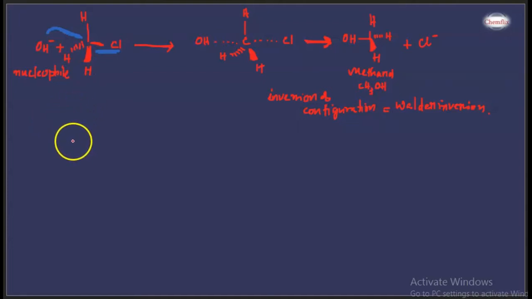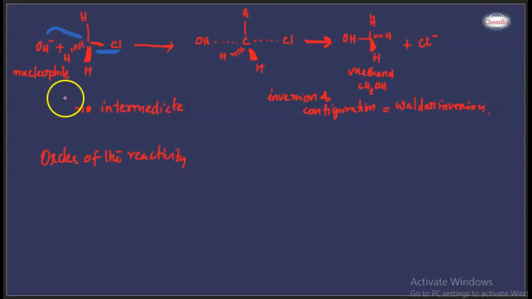So here, why are we thinking about the order of the reactivity? What happens here is that there is no intermediate during this reaction. That means in an SN2 reaction there is no intermediate. The order of reactivity is like this: methyl halide, where there is no steric hindrance, then primary halide, and moving to secondary and tertiary,